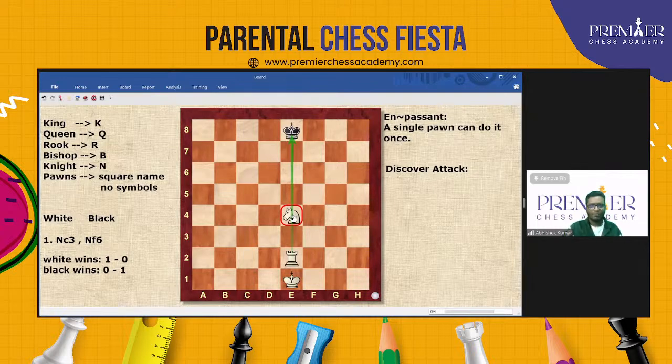It could be a bishop, it could be a pawn. Any piece which is covering the attack, we call it a discover attack. So the definition will be: